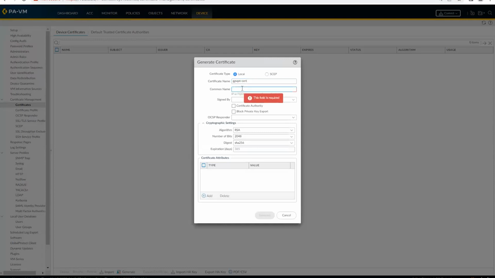Here, guys, we have to give our IP address, 210.19.10.11, right? Certificate authority,